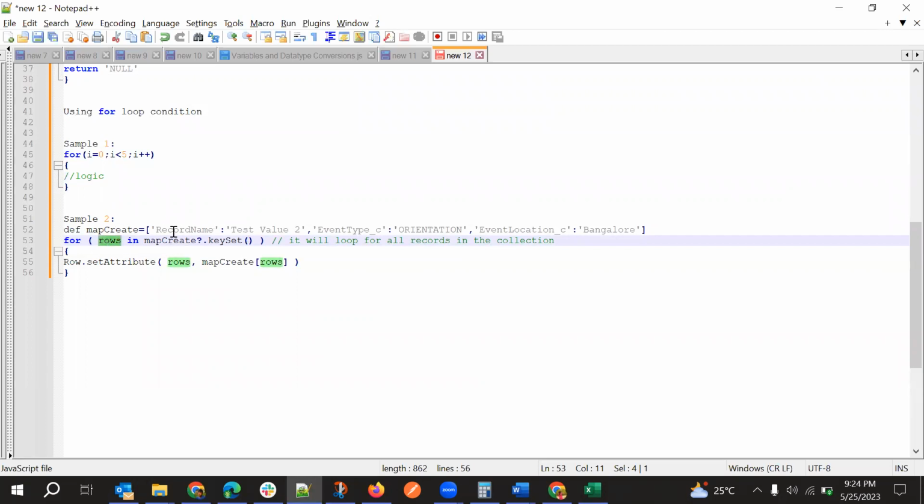some map or some list, right? Then in that case, we can use it like this, rows using the in operator. So this is a list. Rows is a keyword, and here we are giving the list value. Okay, so this is the list,